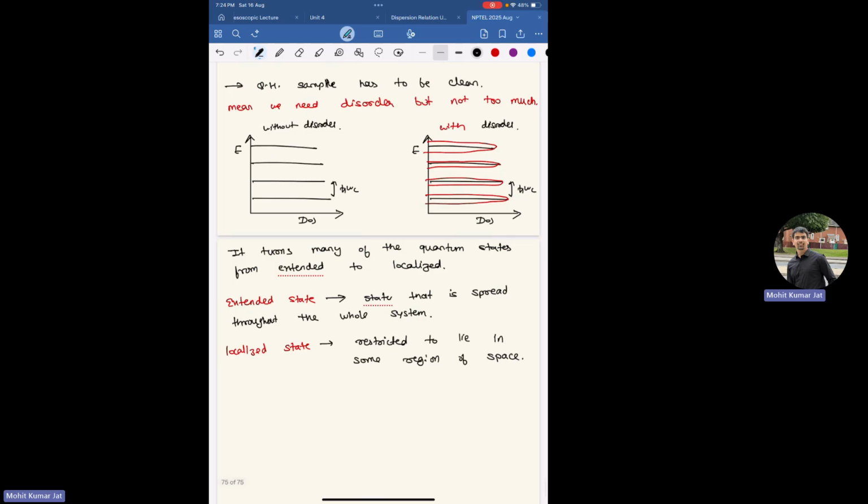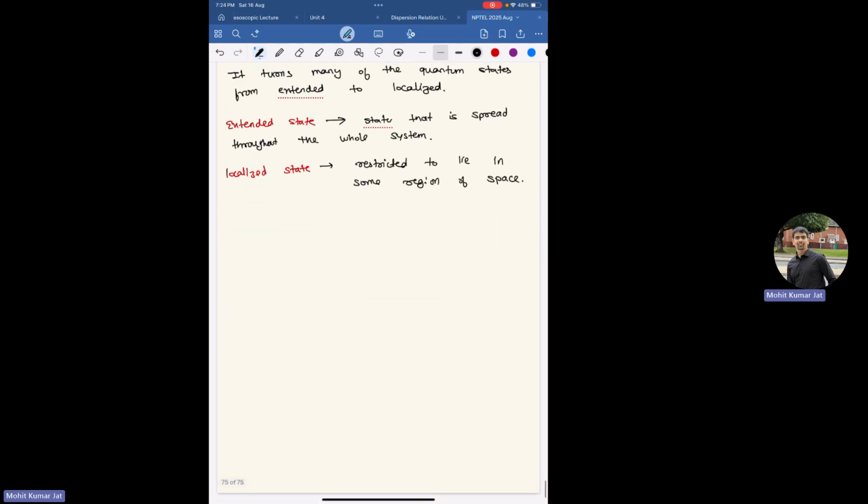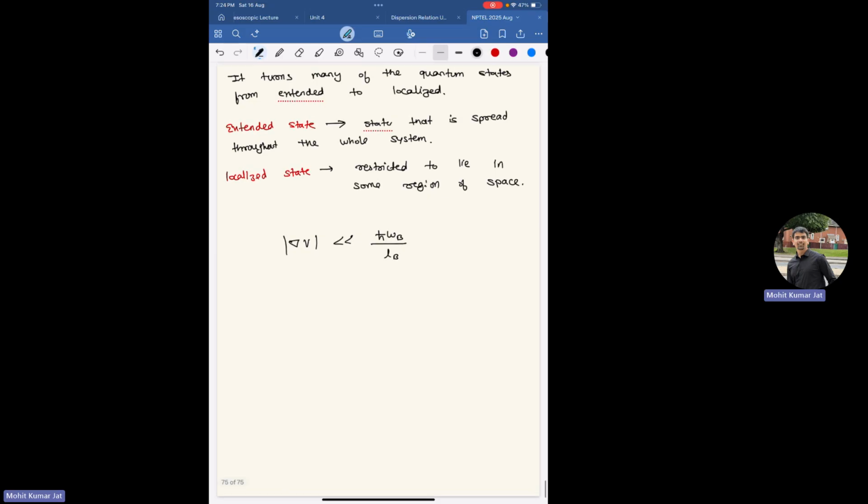So the gradient of your V has to be less than h bar omega c by l_B. It should not vary abruptly; it should be smooth. With this assumption,